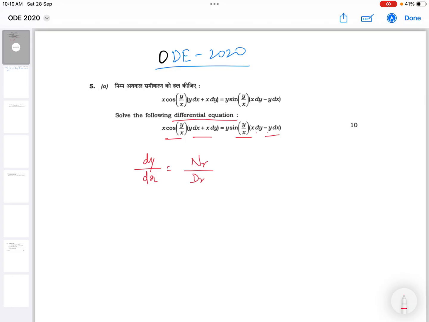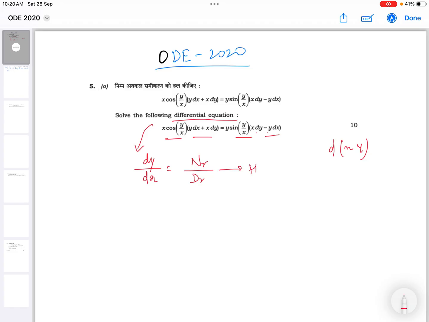But if you observe this expression very accurately, in order to find out what the hidden clues available to solve this problem are, you will find cos of y by x, y dx, x dy, something like an exact kind of format is there. Even if we are not able to see the exact form in this question, we will be able to solve it by changing it to the format dy by dx equal to something in numerator and something in denominator, and you will find that